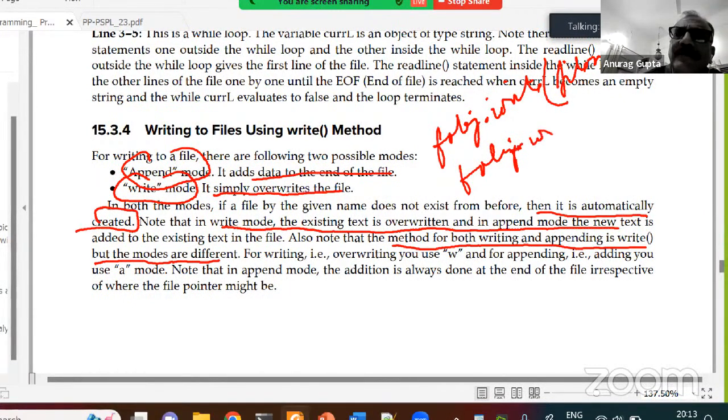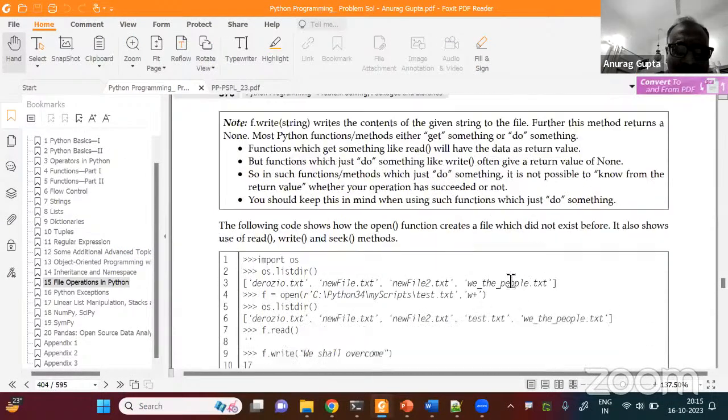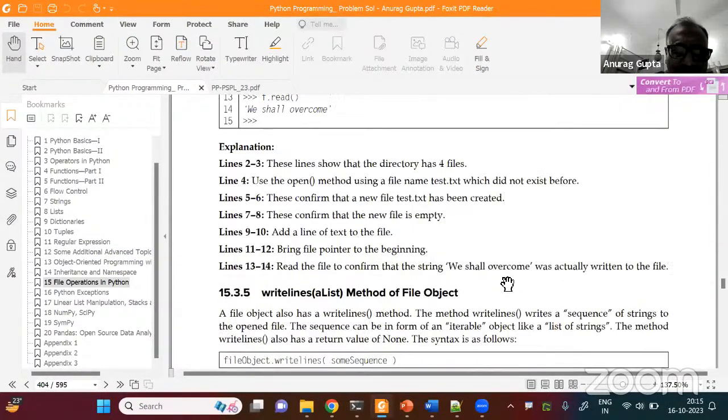It's again write with the file name, and instead of W, you will have an A. That's the only difference. So for both writing and appending, the method is write, but the second attribute for the two is different. For write, it will be W. For append, it will be A. Is that clear? Okay. I presume it is clear to you guys.